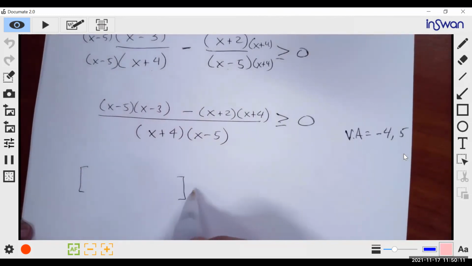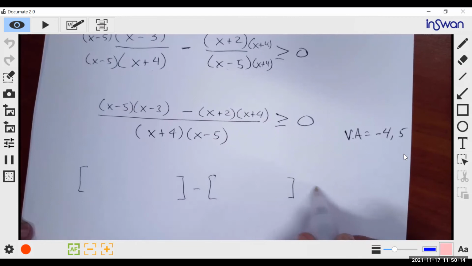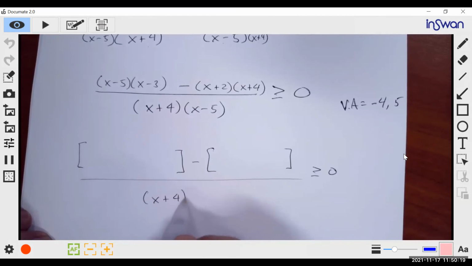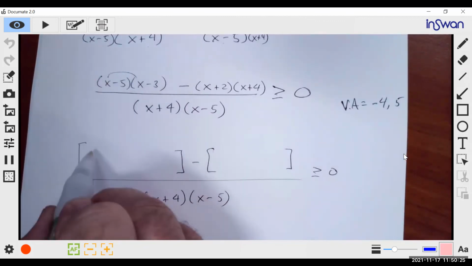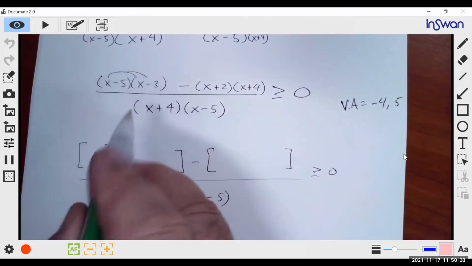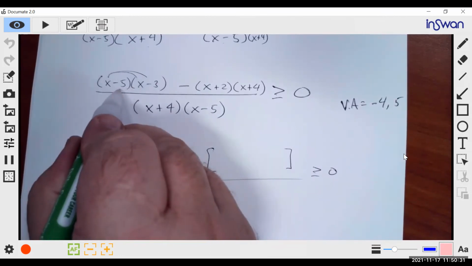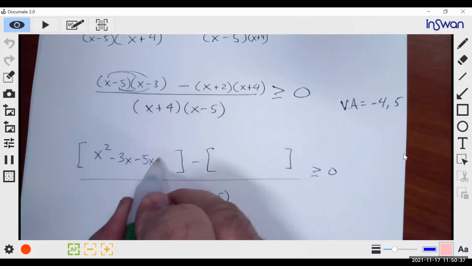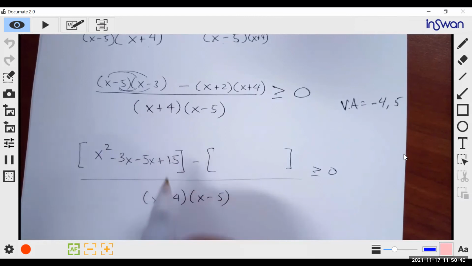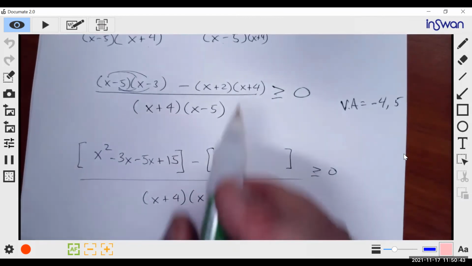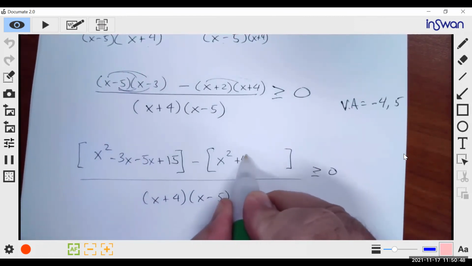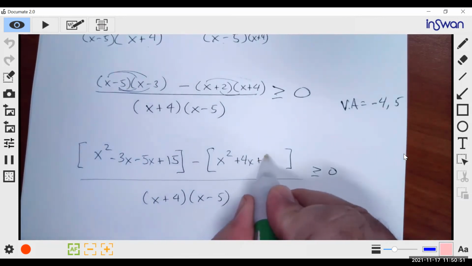So in this first equation, x times x is x squared. Positive, negative is a negative 3x. Negative, positive is negative 5x. Negative, negative is a positive. 5 times 3 is 15. Same thing on the other side: x squared, positive 4x, positive 2x,